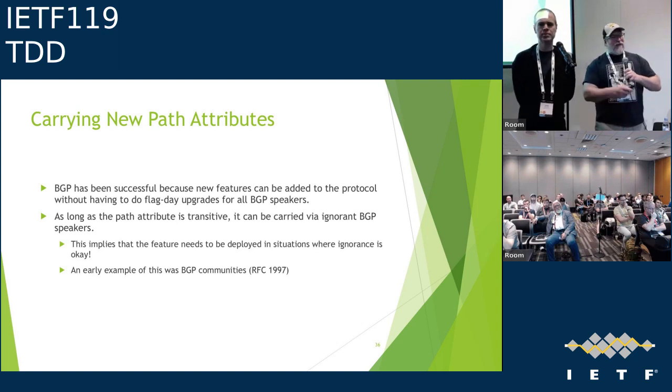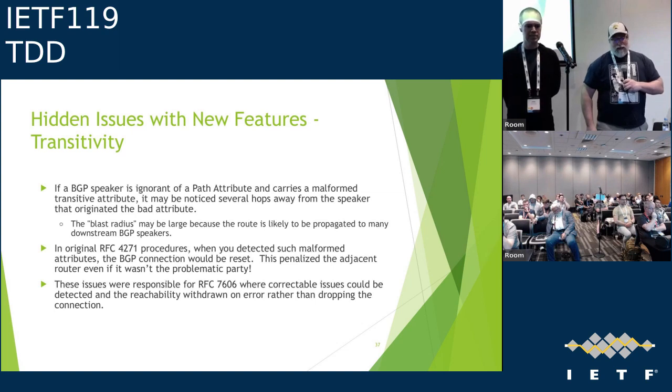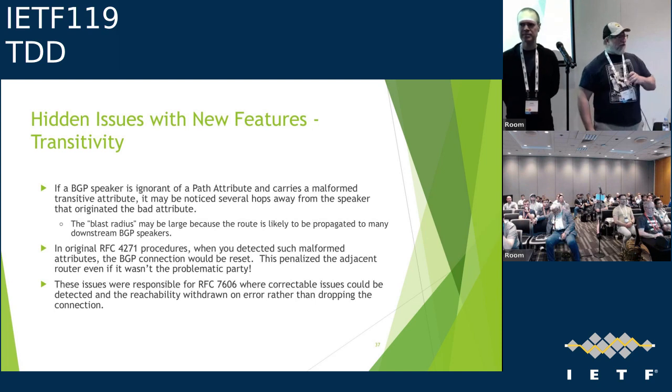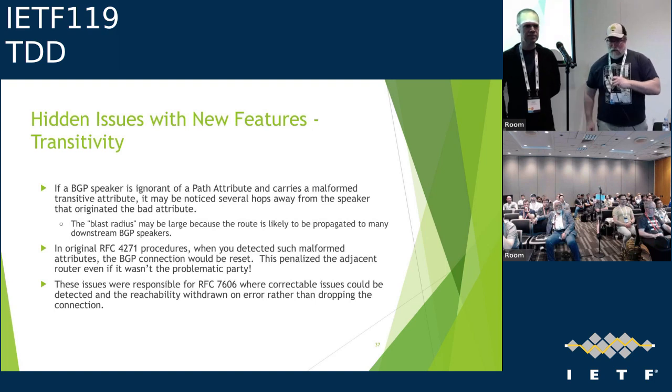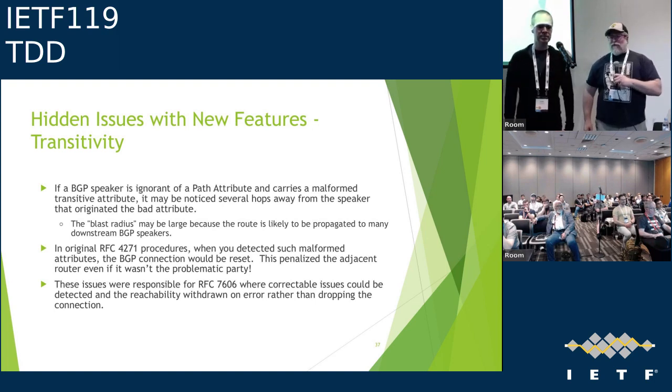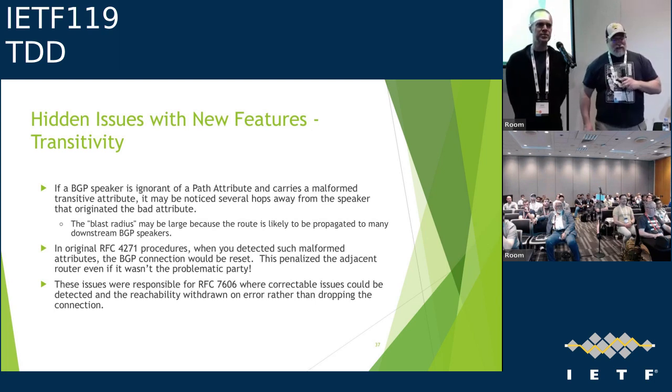One of the things this is highlighting for BGP as a property: do you know about this thing? Are you ignorant about the feature or not? It also gives you a sense of scoping for the protocol. And we get to all these fun pieces with transitivity. If you're ignorant about the thing and you pass it across some portion of the network that doesn't understand it, and then it pops out somewhere else at a place that does understand it, and it's broken, well, the original protocol said, you just sent me a bad packet, I'm tearing down the session,